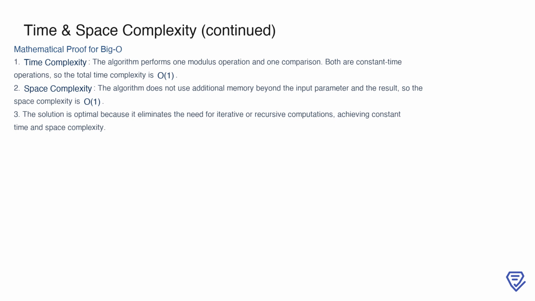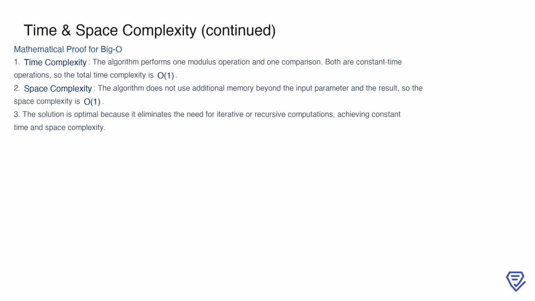For time complexity, the algorithm performs only two operations: a modulus calculation and a comparison. Both of these are constant time operations, which means the total time complexity is O(1). For space complexity, no additional memory is used apart from the input parameter, n, and the result, which is either true or false. The solution doesn't require auxiliary data structures or iterative memory allocation, so the space complexity is also